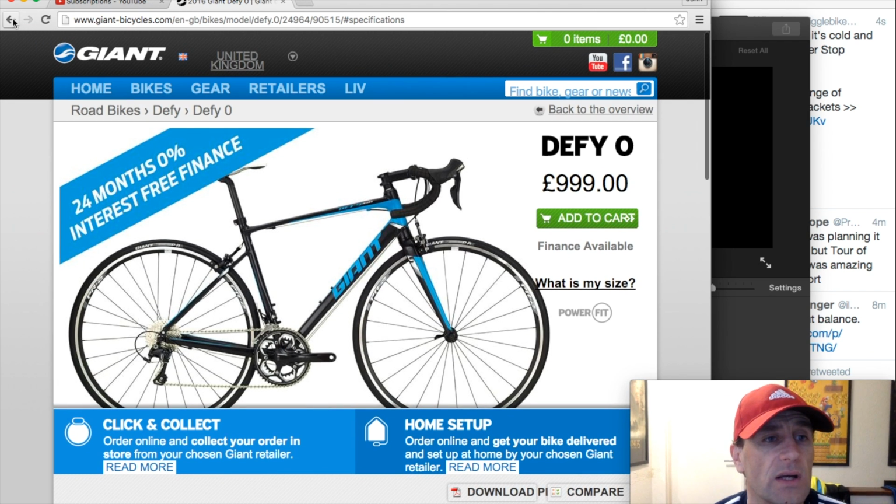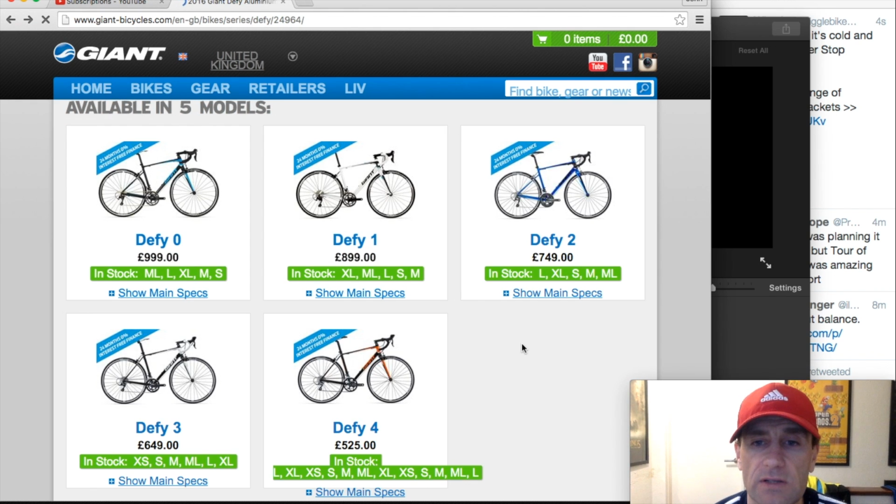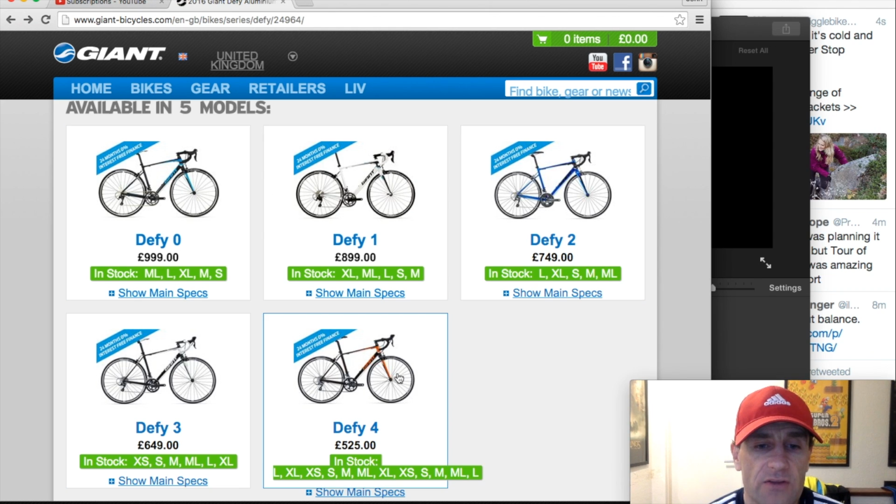So it does work. All these mismatches of parts work, even if you get cheap deals on stuff. So really, what I'm saying is pick the color that you like. Because that frame there, the DeFi 4, is the same as the DeFi Zero. So if you've got £500 and you think, well, I'm going to ride that till it breaks, you're going to get a year's worth of riding easily out of it. And then you know,